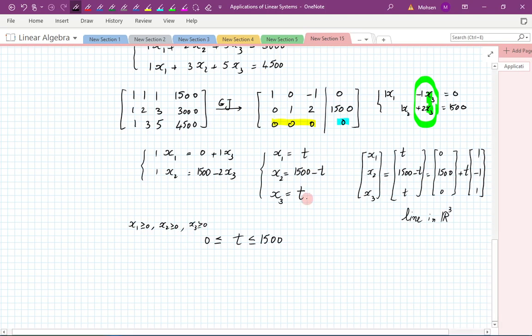Item number 2, if these are like number of people or animals or something like that, that has to be a whole number. So t then will be limited to being a 0 or 1 or 2 or all the way to 1500. So that means 1501 choices you have for